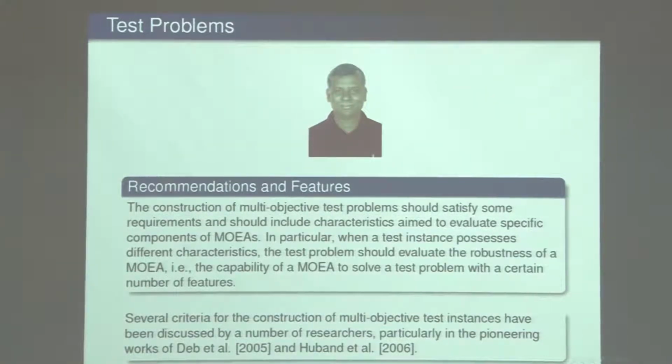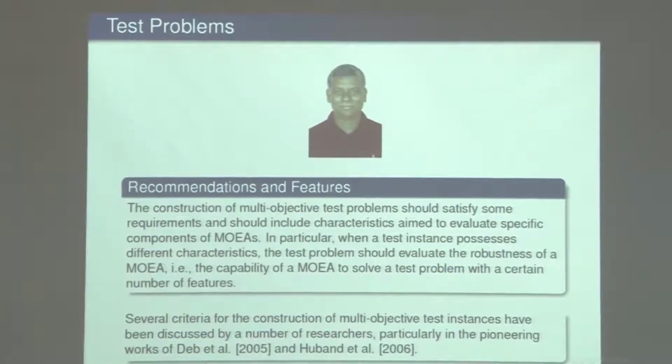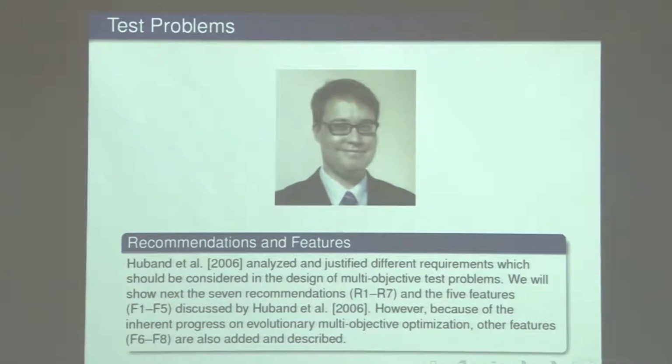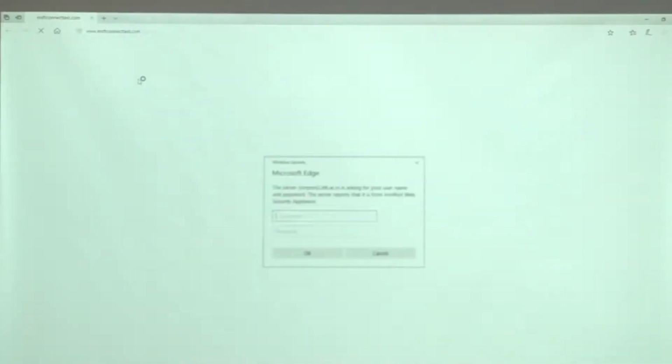So you will expect an algorithm that can handle disconnected should also be able to handle connected. So normally the easier condition is pre-assumed by the user. You know, this is more powerful than something that can only solve connected. But that doesn't always happen. Sometimes there are some algorithms that are very strange and seem to be good only for difficult problems and not for easy problems. So there are several criteria that have been discussed by several authors regarding the construction of multi-objective test instances. This is Huband. So for example, Huband, he analyzed,